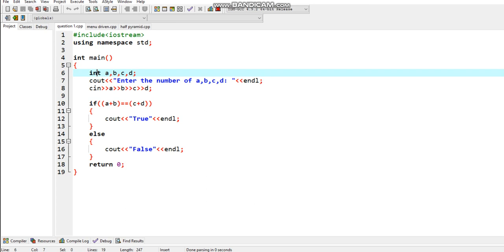In the if statement, if the condition is true, it will print true, or if the condition is false, it will print false. If I enter 1 and 2, the output is 3. And if I enter 1 and 2 here, the output is 3. If 3 is equal to 3, the condition is true, it will print true. If I enter another number, like 1 plus 3, the output will change, so it will go to false. So here I am running the program.